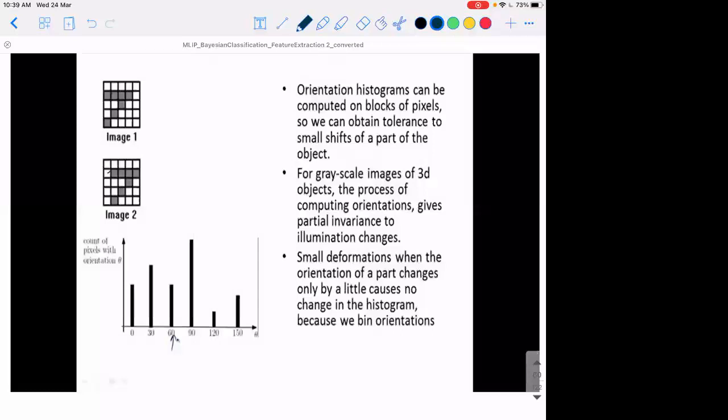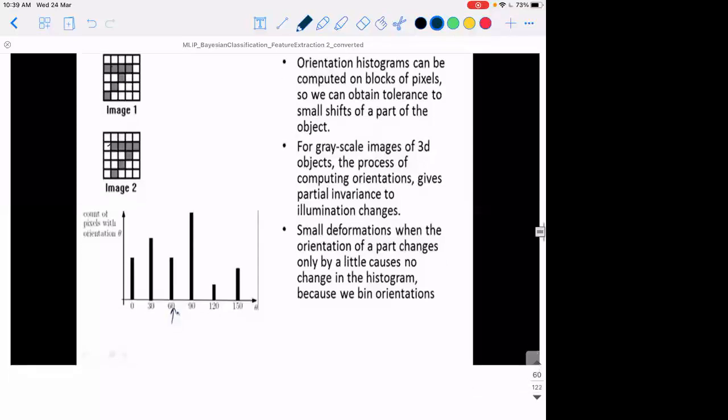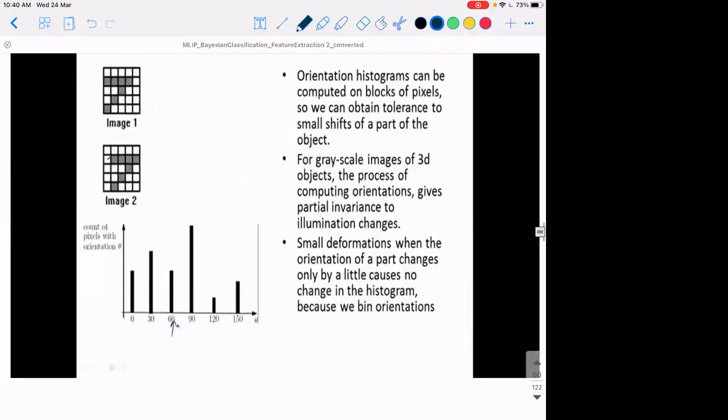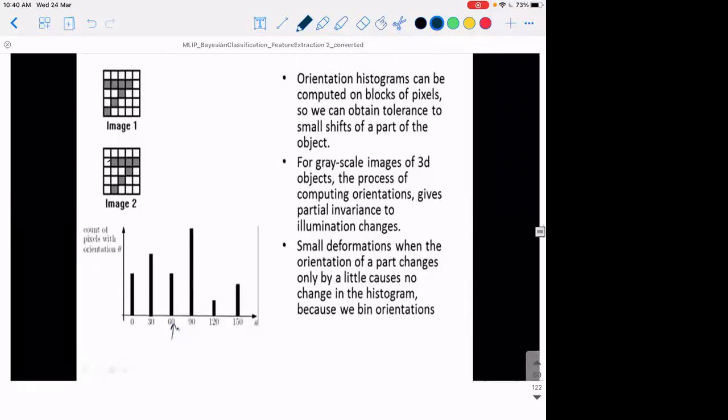That is referred to as the histogram of orientation gradients. You can see that it is invariant to small shifts, and it is also invariant to intensity changes. For example, the first 7 may be in green, the second 7 may be in red. We assume that both are color images. Even then the shape, the gradient angle, will be exactly the same. It is invariant to color information or slight intensity variations, and it is also invariant to small shifts or rotations as well.